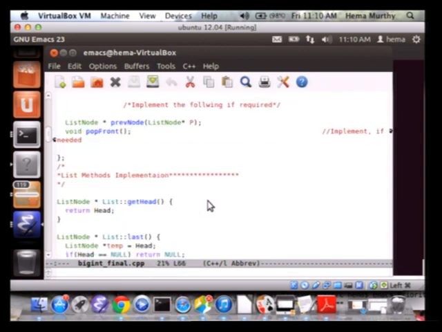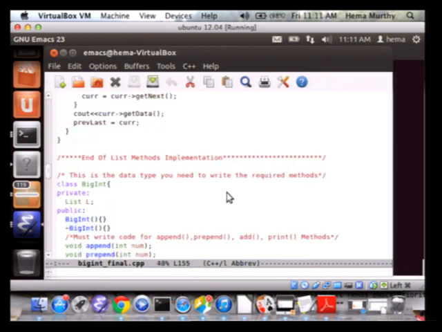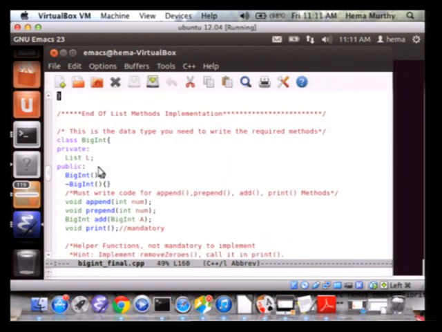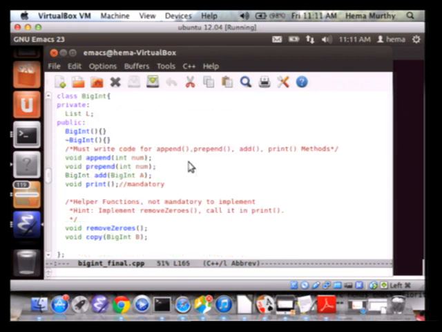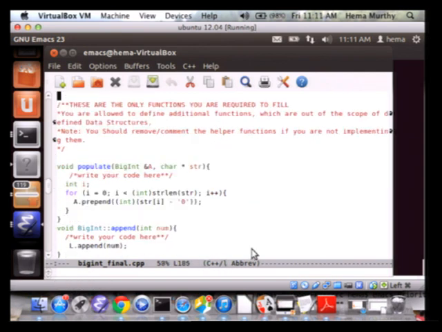So what is being done here? Let us see. To perform big int arithmetic, what is suggested is you have to implement a class called big int, and within this class you are using a private variable list, just like we did the stack from the list. And what are you doing? You are appending a given number, prefixing a big int number, and you have to perform this add operation and print. Okay. If there are leading zeros, you can remove them. So what are we doing now? The first function that's given to you is a populate, and you're supposed to write your code here.